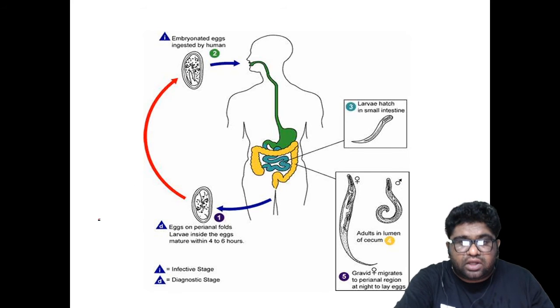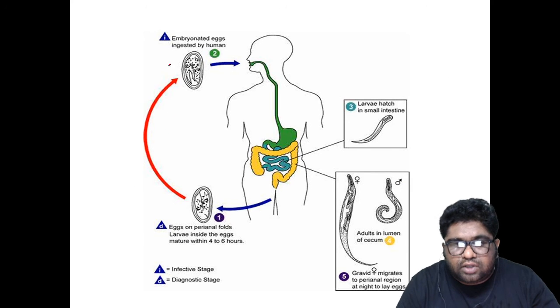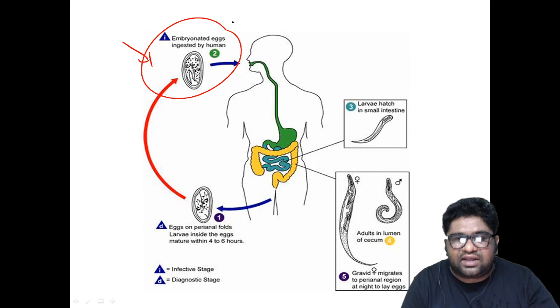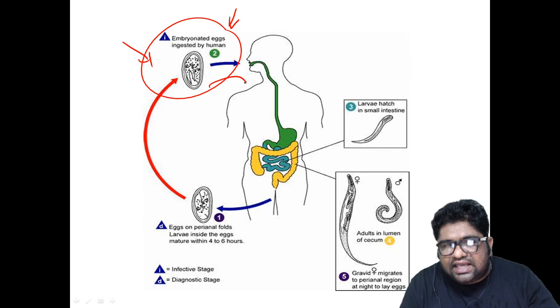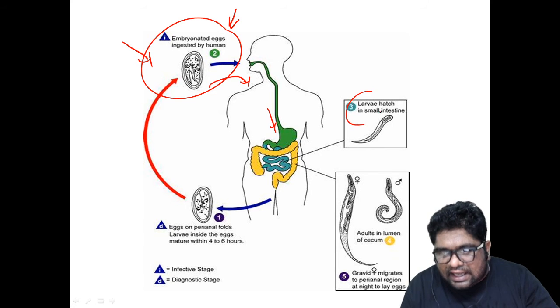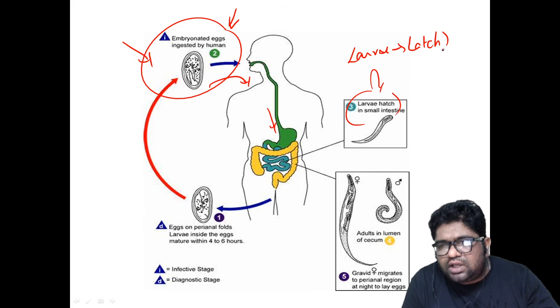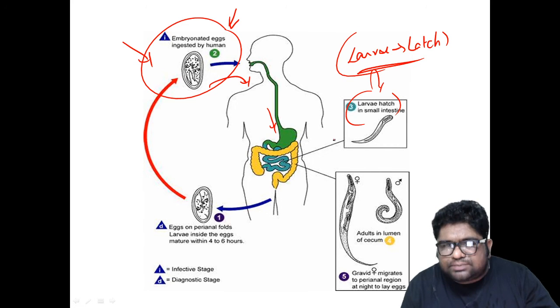Now let's go for the life cycle here. Just look at it. So what is the infective form of Enterobius vermicularis? It is the egg, and this egg is swallowed, and the egg will go into the intestine. In the intestine, it will latch. The larvae will be hatching out. So when the larvae hatch, they will latch on to the small intestine, and in the small intestine, the larva